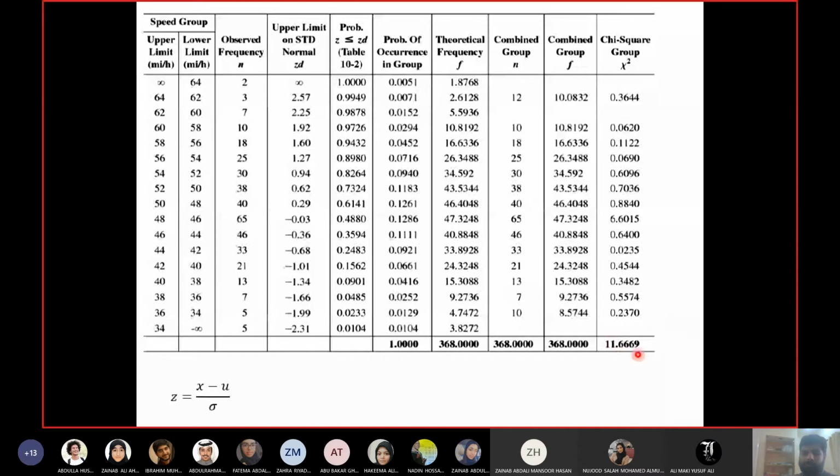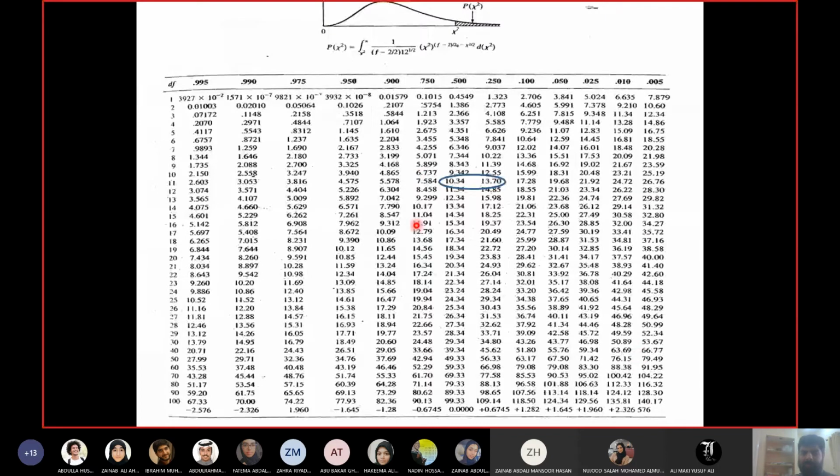If you go to the chi-square table, these values in the table are chi-square values. The first column shows DF. DF stands for degrees of freedom. And the top row gives me the probability of these chi-square values. So it is slightly changed from the z table. In the z table, the probability was in the table, and the z value was on the top row and the first column. Here, the first column is degrees of freedom, the top row is probabilities, and the table contains the chi-square values.